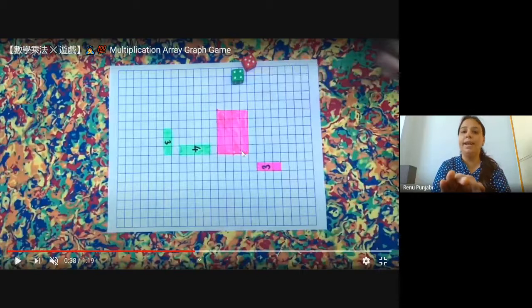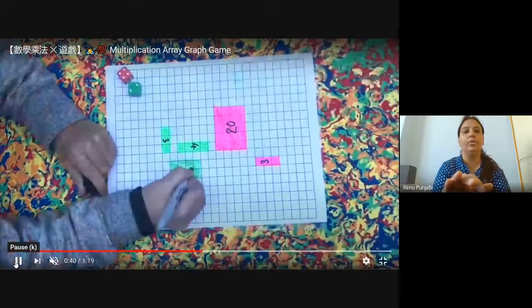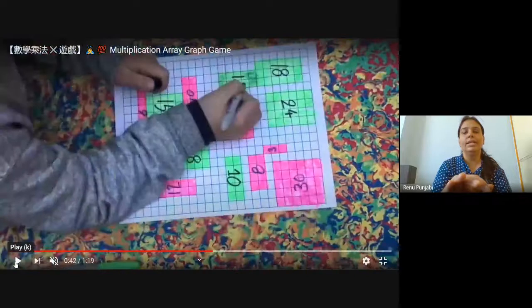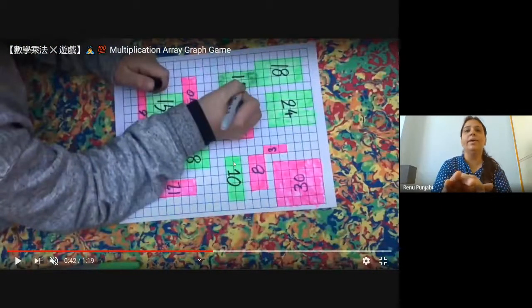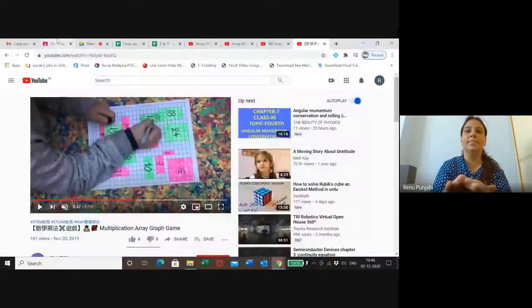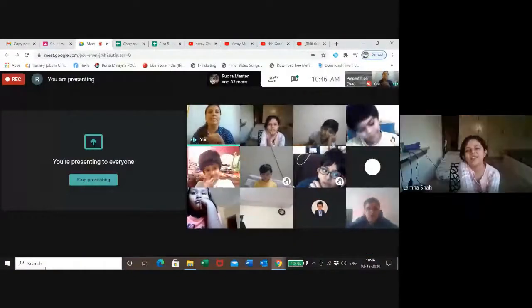When you go to grade 5, you will learn about area also, in graph paper, how to cover the areas. किसका ज़्यादा area cover हुआ? देखो. This way, they have played this game. If they got 10, they have taken 2 rows, 5 columns, और उसने green color कर दिया. Isn't this an exciting game? You can play with your friends.